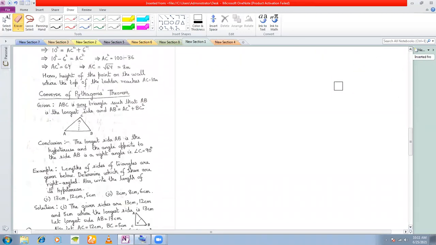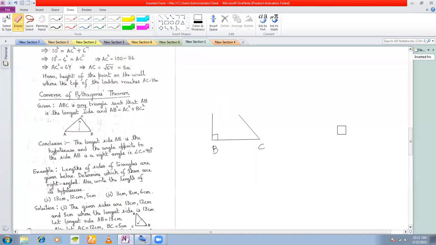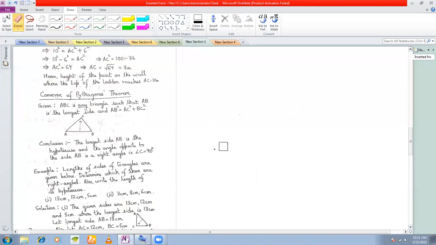Now, see, in Pythagoras' theorem, a right angle triangle was given to you, right? So what did you know? That if I give you this triangle, you knew that this triangle was right angled, say it was right angled at B. You knew where the 90-degree angle was. But suppose you don't know whether a triangle is right angled or not, and I only give you the lengths of the sides, then what will happen?